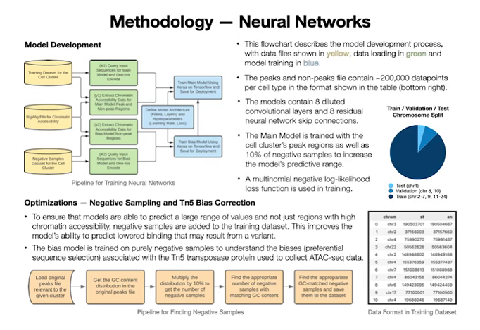Each model was trained on around 200,000 data points with an 80-10-10 train-test-validation split. To further improve these models, we made 2 novel optimizations: negative sampling and Tn5 bias correction. Negative samples are regions of low TF binding that were added to the training dataset to increase the model's predictive range. After many iterations, I found that a 1-to-10 ratio of non-peak to peak samples achieved the best balance between prediction accuracy and range. These negative samples were also GC matched to prevent the model from learning any confounding factors.